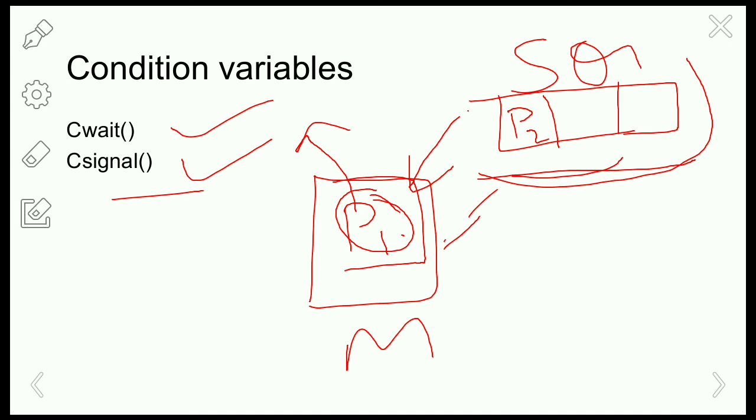Once a process in the monitor may temporarily suspend itself on condition X by issuing a C wait of X, then it is placed in a queue of processes waiting to re-enter the monitor when the condition changes. So if a process that is executing in the monitor detects a change in condition variable x, it issues C signal of x, which alerts the corresponding condition queue that the condition has changed.